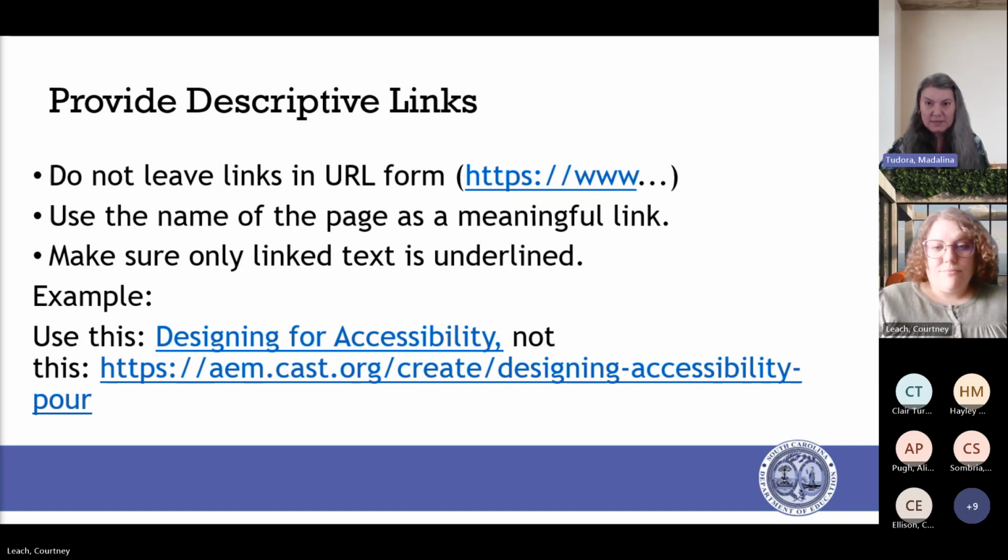We don't want to underline text that is not a hyperlink because that creates confusion for somebody who looks at that text and assumes it's a link, because most often than not, there's a link there when you see text that's underlined. So keep these things in mind.